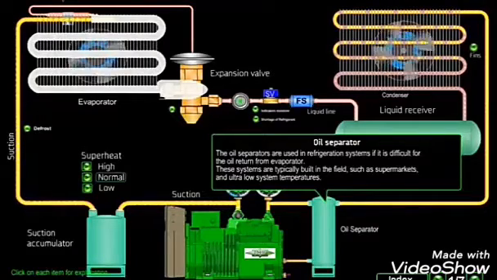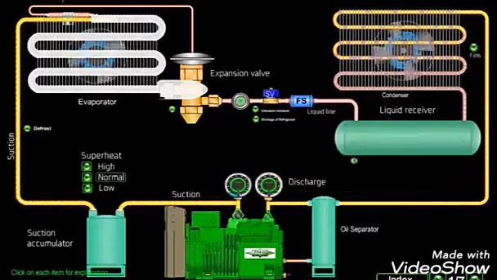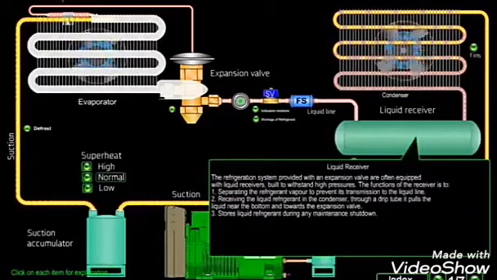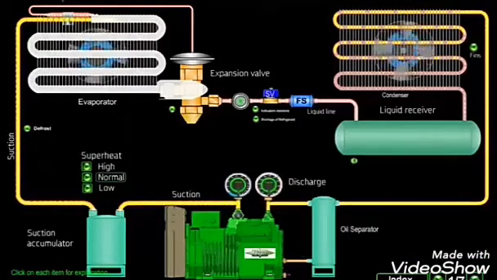There are three basic body types used in refrigeration. First one, hermetic, the completely sealed housing. Second one, semi-hermetic, it can be opened for repair, includes the electric motor. Third one, open type, it can be opened for repair, the electric motor is external, and there is more refrigerant leakage due to the soft seal.